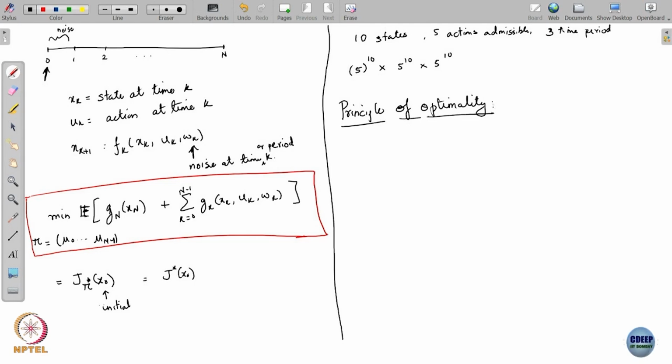The principle of optimality in dynamic programming simply states the following. So, let me state the actual principle and then I will explain what it means. It says this: let pi star, which is just denoted by mu 0 star to mu n minus 1 star,